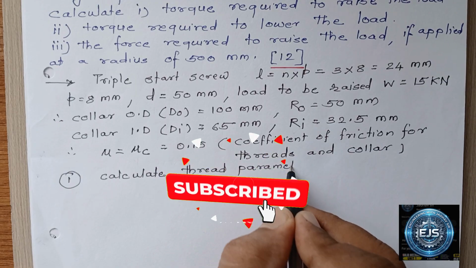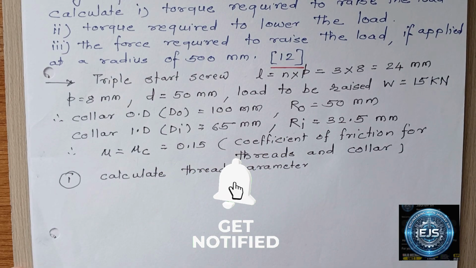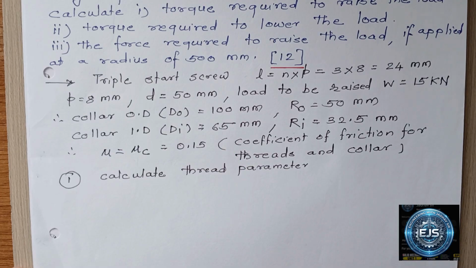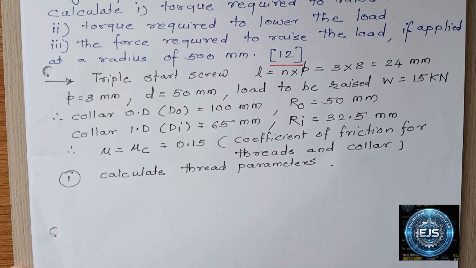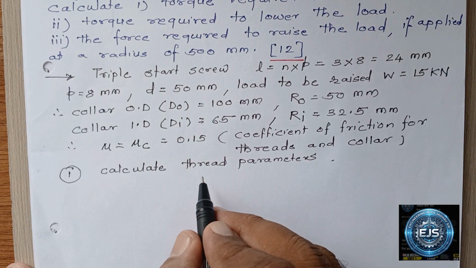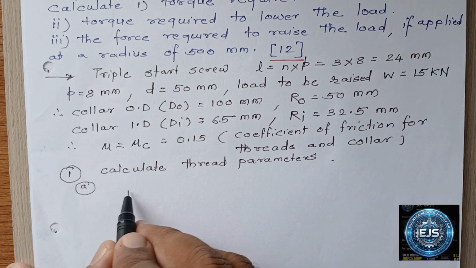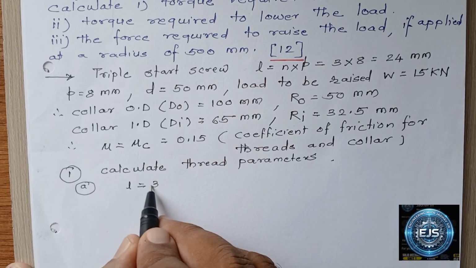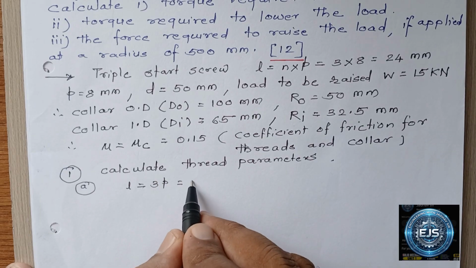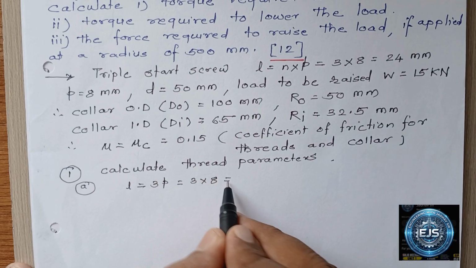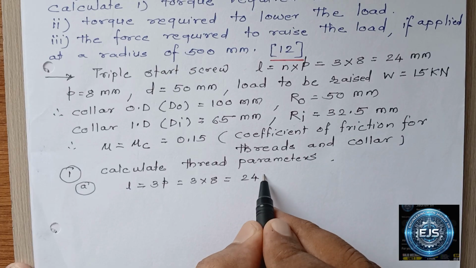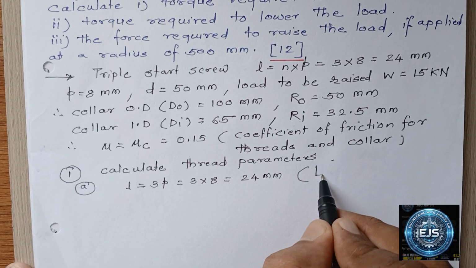इस प्रॉब्लम में क्या फाइंड आउट करना है? टॉर्क रिक्वायर्ड टू रेज द लोड, टॉर्क रिक्वायर्ड टू लोअर द लोड, फोर्स रिक्वायर्ड टू रेज द लोड इफ अप्लाइड एट अ रेडियस ऑफ 500 mm. ये तीन आंसर फाइंड आउट करने। तो पहले स्टेप में हम क्या करेंगे, सभी थ्रेड पैरामीटर हम कैलकुलेट करेंगे। तो लीड हमने कैलकुलेट कर दिया। लीड L इज इक्वल टू 3 टाइम्स ऑफ अ पिच, सो इट इज 3 into 8 दैट इज 24। हमने इनिशियल में ही ये कैलकुलेट किया। लीड ऑफ द स्क्रू हमने कैलकुलेट कर दिया